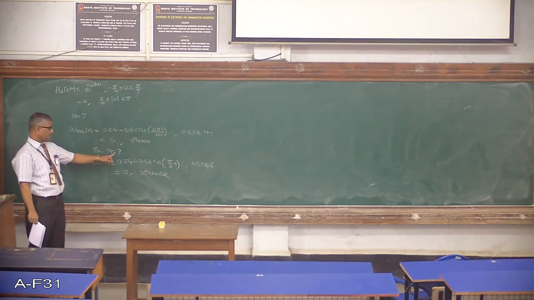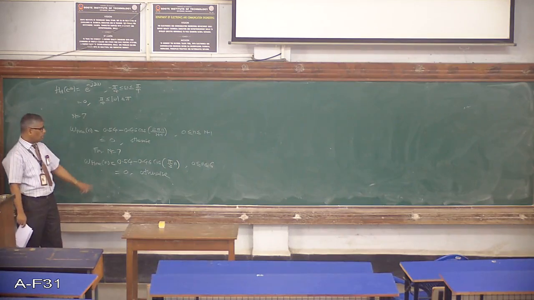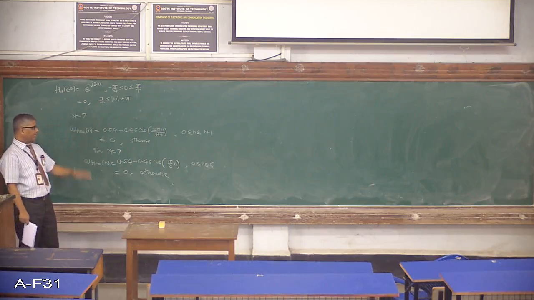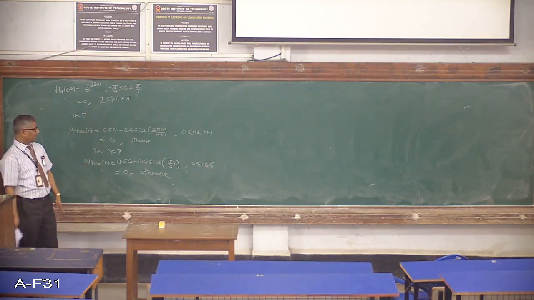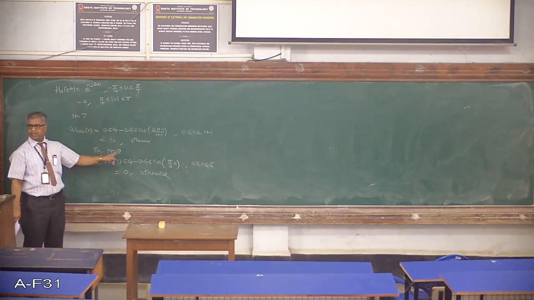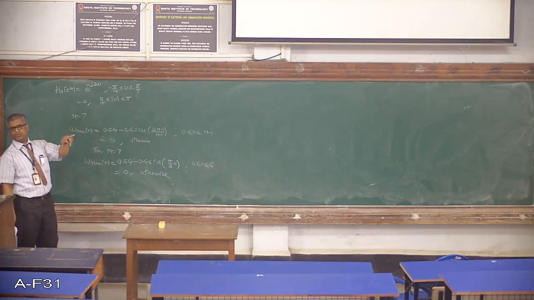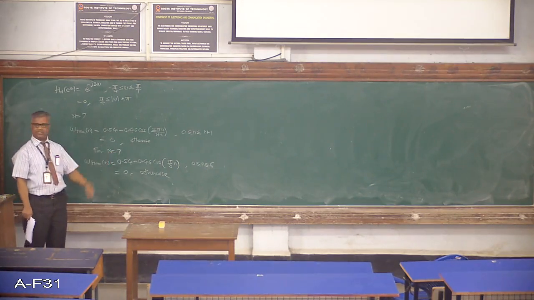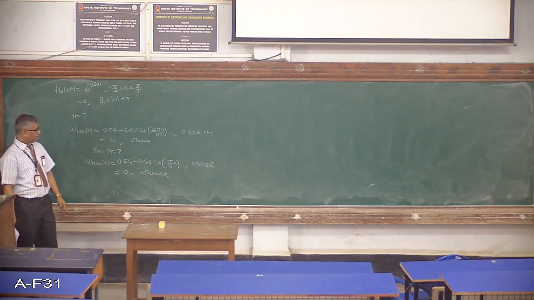N is equal to 7, because usually we take odd size so that the symmetry is maintained in the time domain and the linear phase response can be justified. If you take an even size window and try to find the frequency response of that window, the phase response linearity will not be maintained. So usually they take odd size. So now we can proceed with the design.